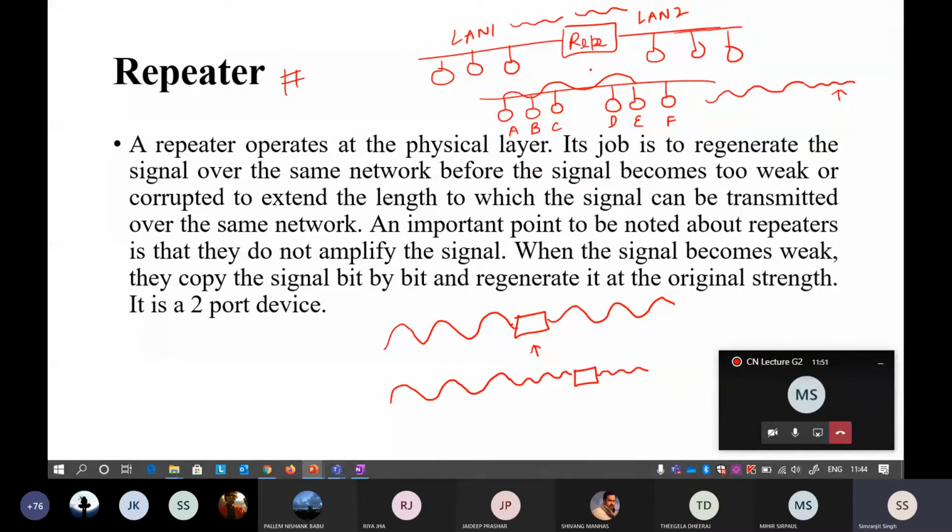The advantage of a repeater is that it only contains something called a physical layer. So this repeater is also known as a dumb device. It is not an intelligent one. I'll tell you why it is called a dumb device, but keep in mind